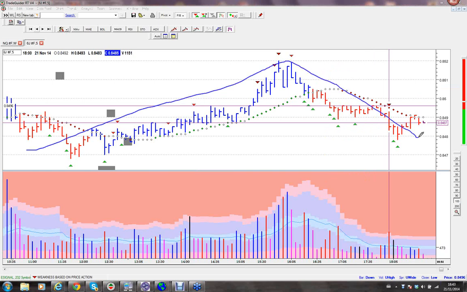Look, there's your up move. There's your down move. Here's your low of the day. Where could this go? Very easily down to there. And if it broke that, it would take off to the downside. But the big weakness on the yen is not on the 5-minute chart. It's on the bigger time frames.